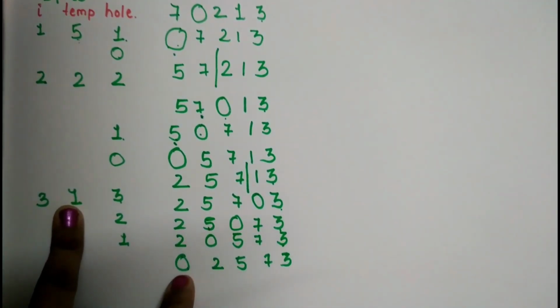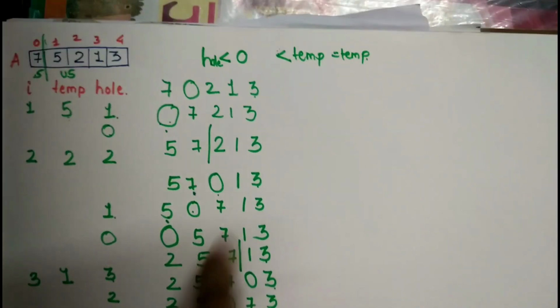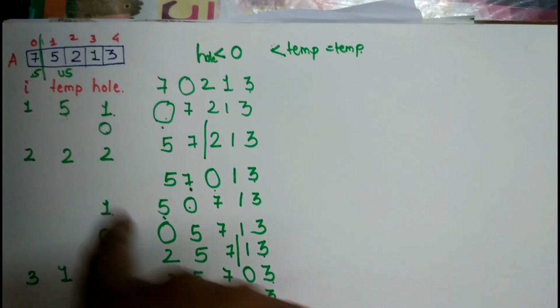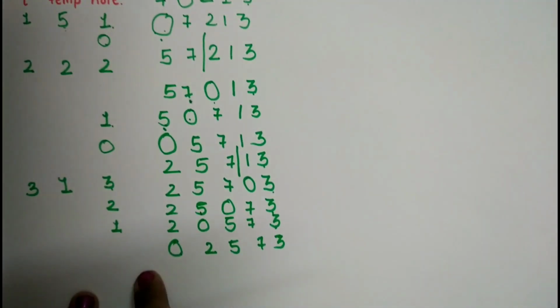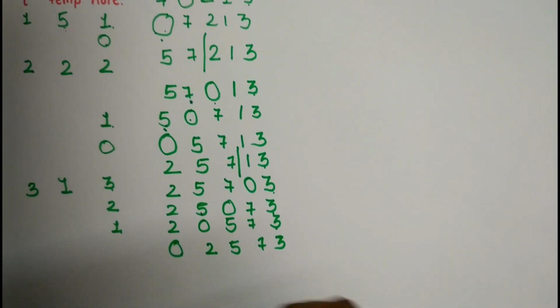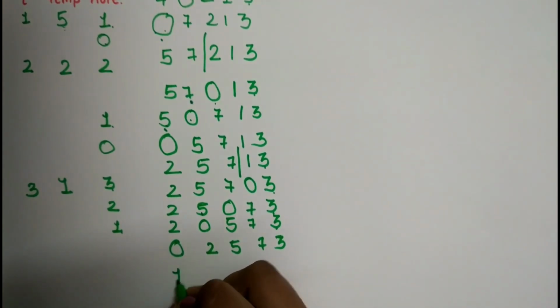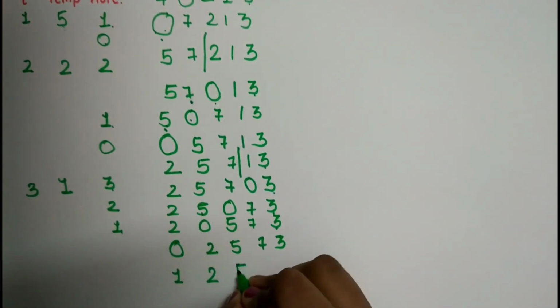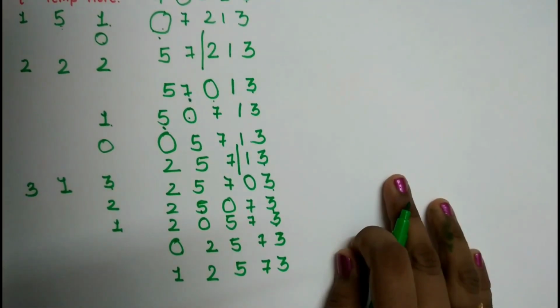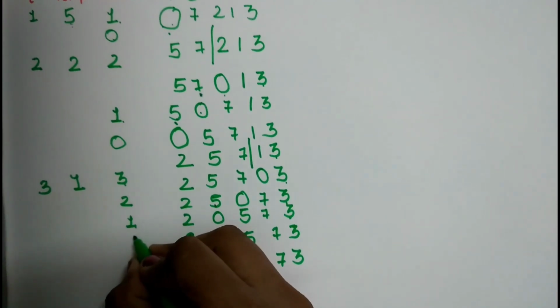Now I have found my stopping condition, that is my whole has been 0. It cannot be less than 0, right? So I'll have to stop at 0. So now I'll stop at 0 and I'll bring my temporary back to the whole. This will be 1, 2, 5 and 7. 3 will be as it is. So now the value of whole here was 0.